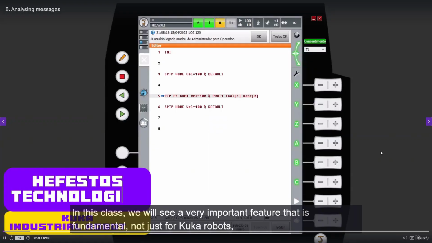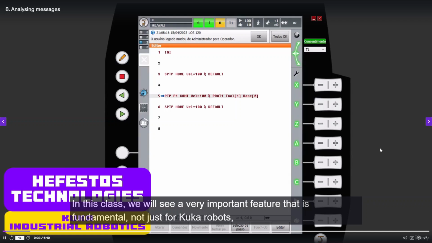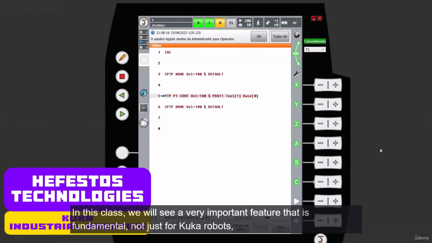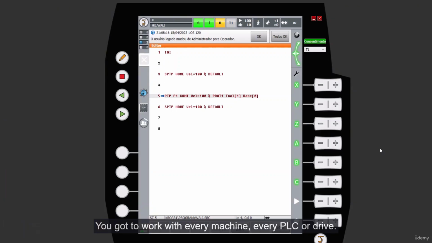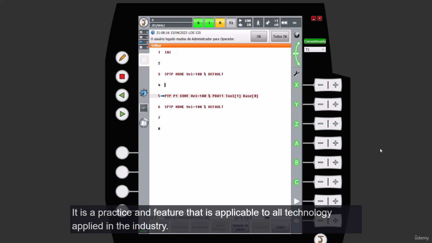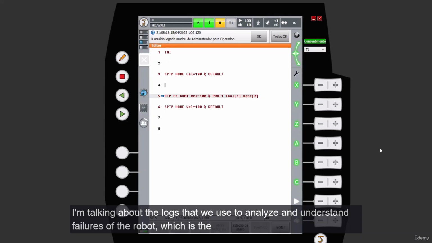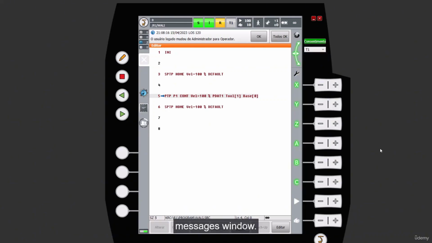In this class, we will see a very important feature that is fundamental not just for KUKA robots, but for any robot you get to work with, every machine, every PLC or drive. It is a practice and feature that is applicable to all technology applied in the industry. I'm talking about the logs that we use to analyze and understand failures of the robot, which is the messages